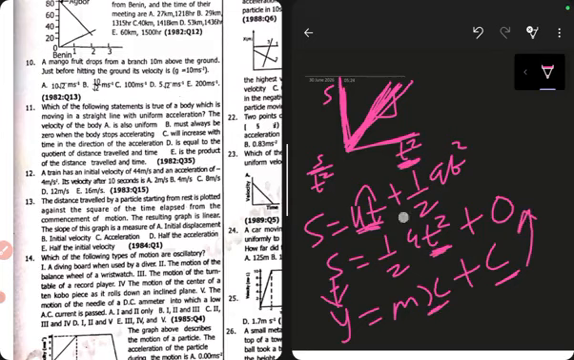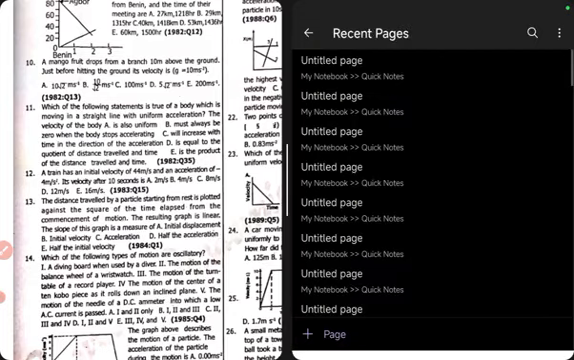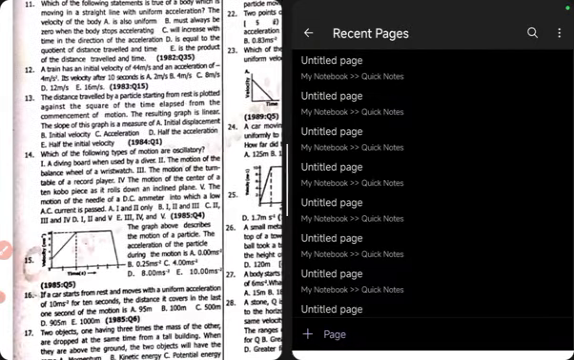So what will be the acceleration? What will be the slope, which is M? It will be half A, or the half of the acceleration. So the answer for that question 13 is D, which is half of the acceleration. Moving on, I think these theoretical questions are now easy. Moving on,